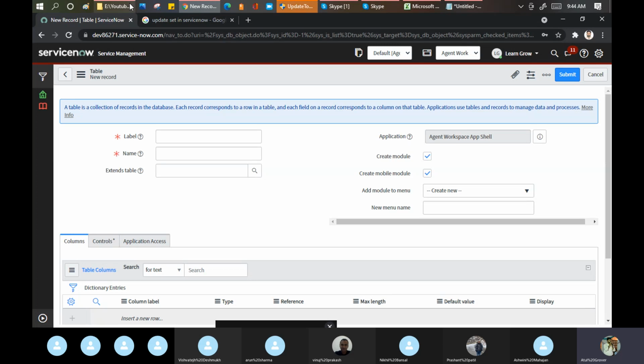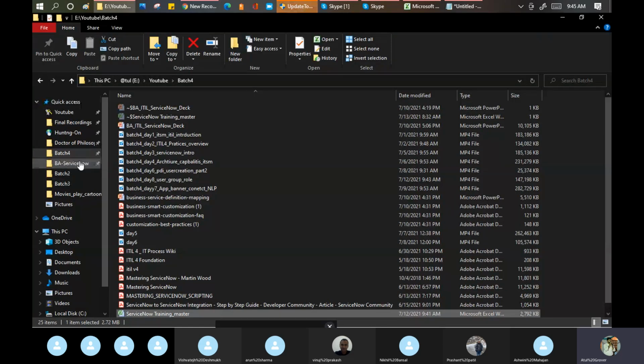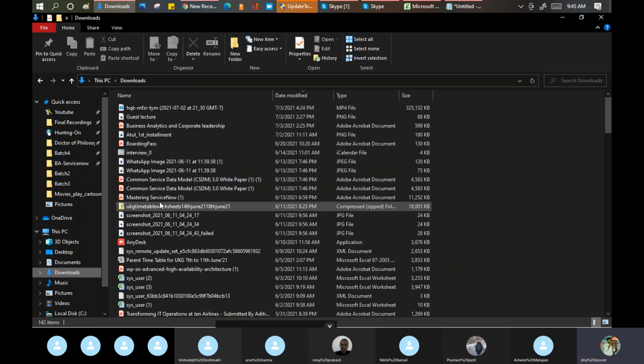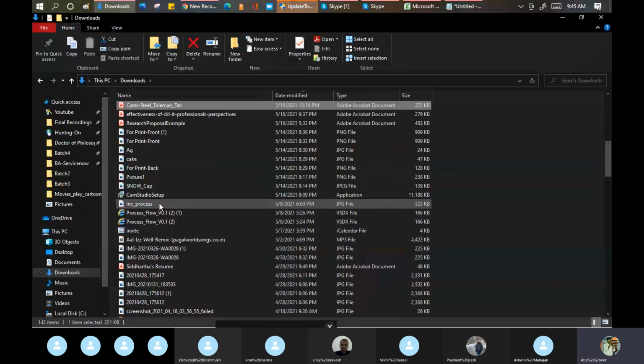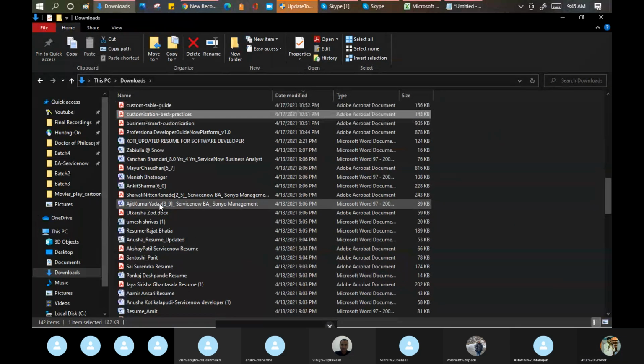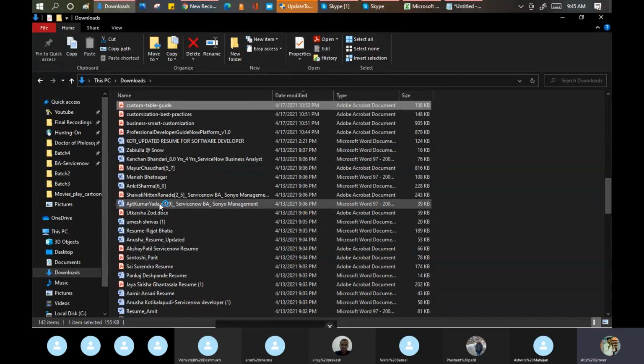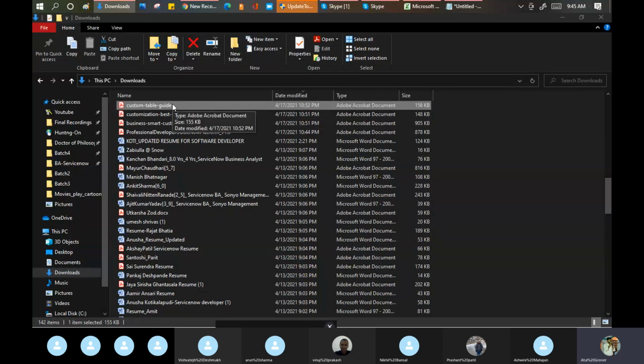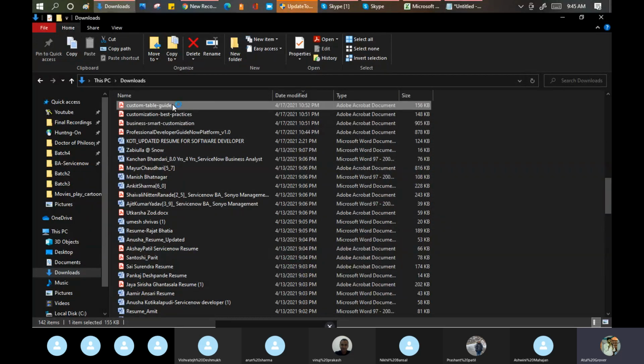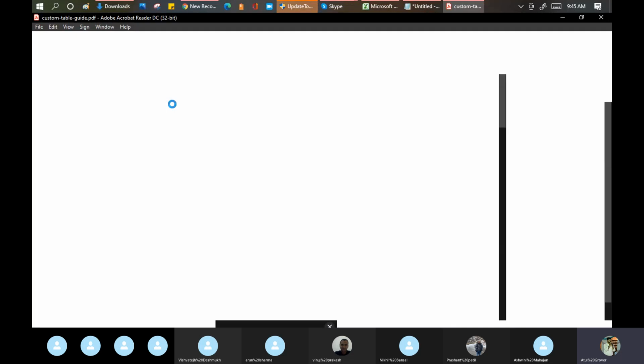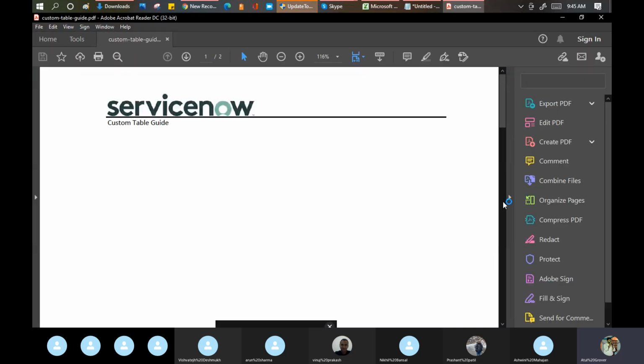Let me see if I can show you that. This one, not custom table, this one, the custom table guide. I'll show you. Because this is just your first day entering the table, it takes a little time for everyone. Even sometimes I refer to this PDF to understand. It's a 2-page PDF only, nothing big.